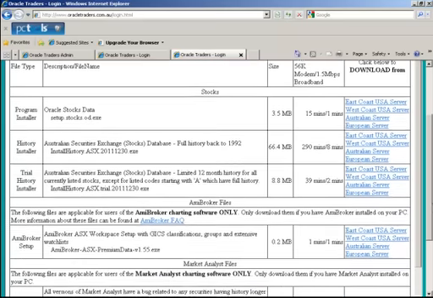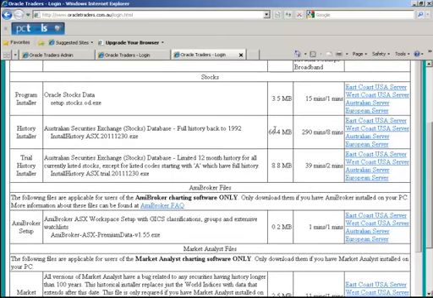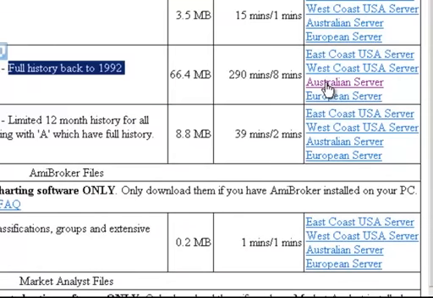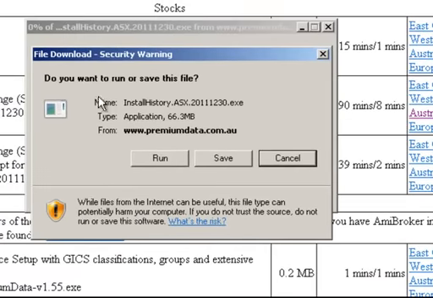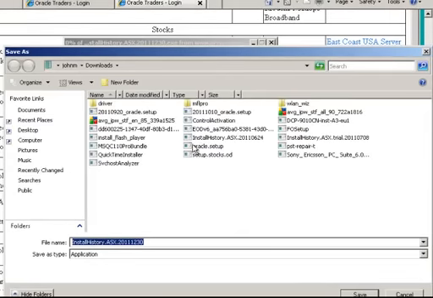Once you're on the download section, you need to download the history installer. The history installer is the second file in the list. You'll see it here. Make sure you get the full history back to 1992 and click on the Australian server on the right hand side. Now once you click on the Australian server on the right hand side, make sure you save the file,